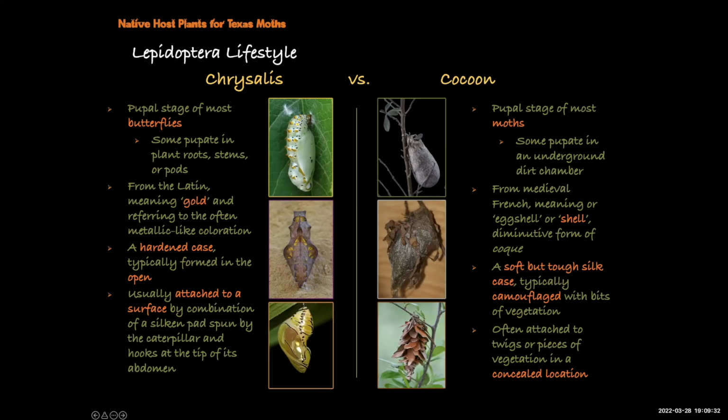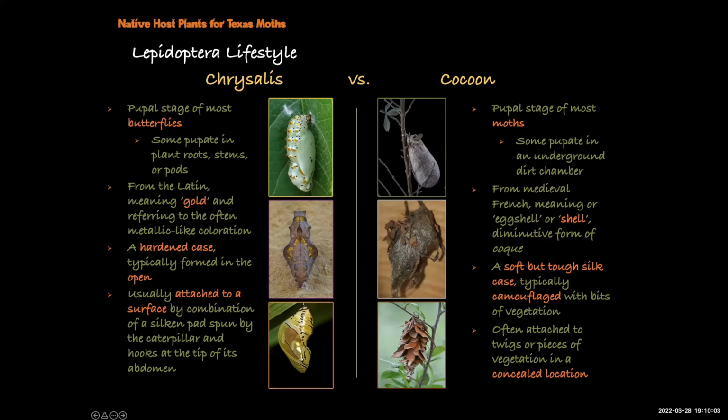I mentioned the chrysalis and the cocoon, and sometimes people get confused over these. The chrysalis, again, is the pupal stage of most butterflies, so the stage in between being a caterpillar and an adult butterfly. Some butterflies actually pupate in the plant roots or stems or even the pods of plants. The word chrysalis is from the Latin meaning gold, and it refers to the metallic-like coloration that often is present